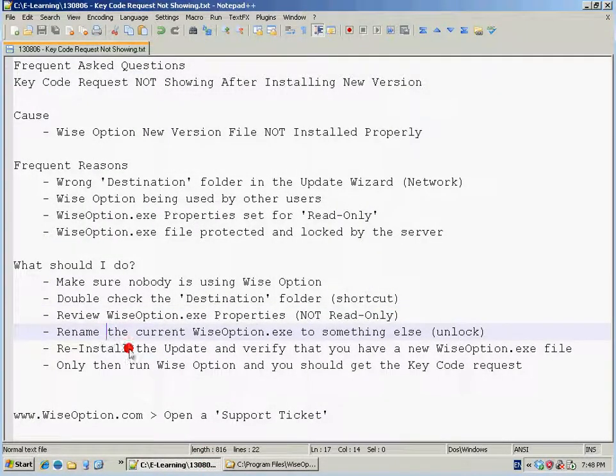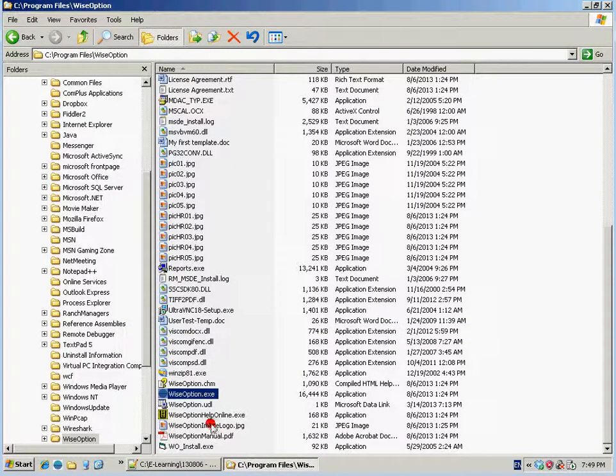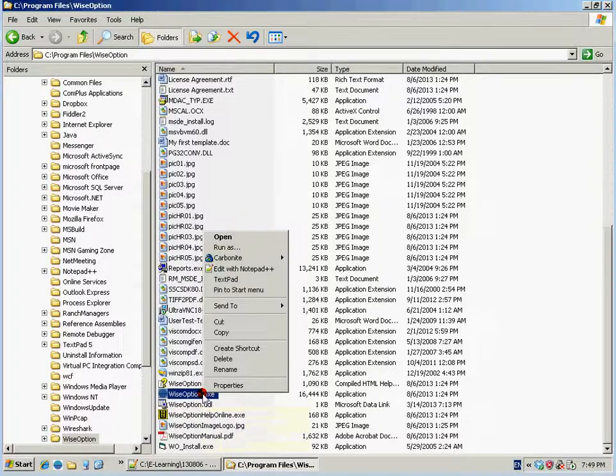Another suggestion is to rename the current wiseoption.exe file to something else, which forces the server to unlock. It might be that nobody in the network is using the program, but the server is still protecting the file and not with all the cache memory updated. Therefore, the file is maintained, reserved in a lock state. And the way to force that file to be unlocked,